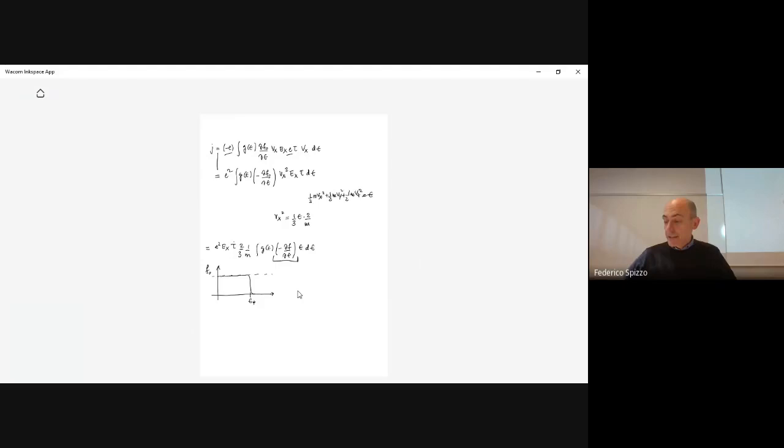Due to the fact that here the derivative of F0 is negative, because F switches from 1 to 0, you have a decrease of F, so the derivative is negative. That's why I took the minus sign within the parentheses. In this way, minus dF with respect to